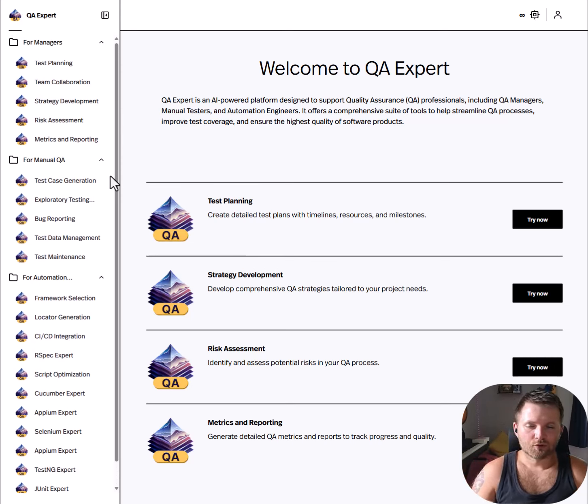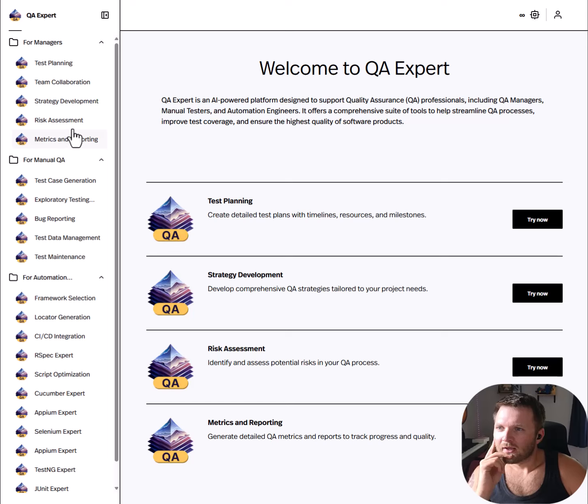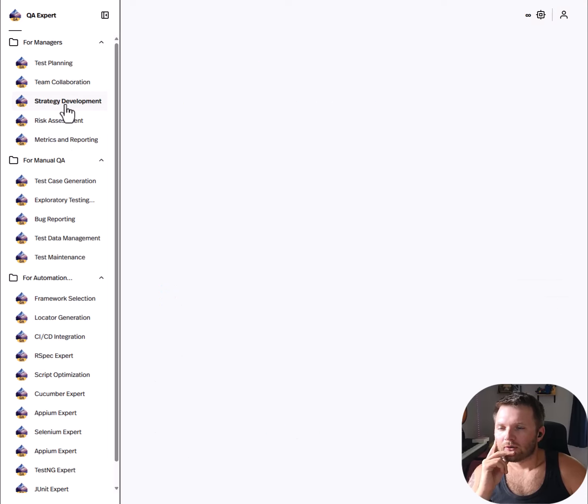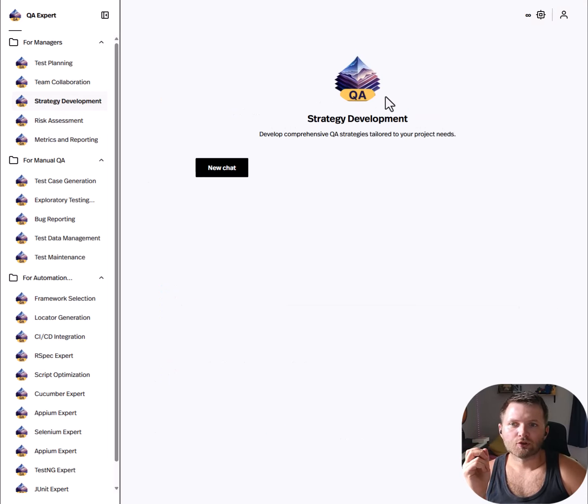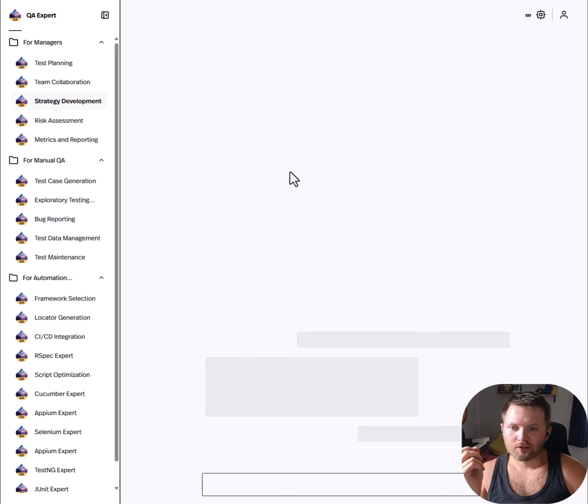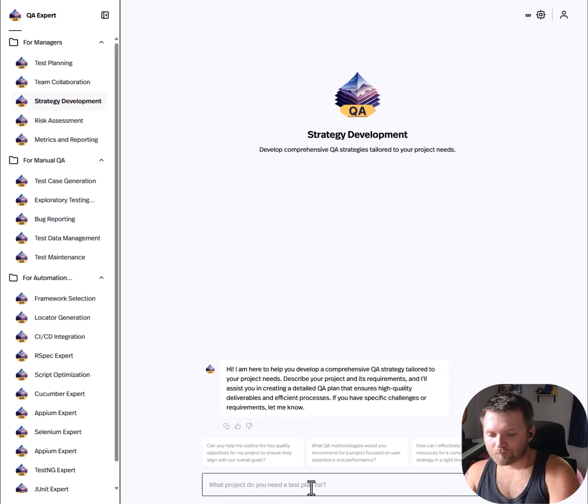This is very similar to what you're going to find on ChatGPT, so the UI should be fairly familiar to you, but the models will be custom trained and tailored to give really good answers about anything on quality assurance. So let's say you are a manager on a new role and you're looking to get a new strategy going. You can come and say, I'm starting a new role in the company